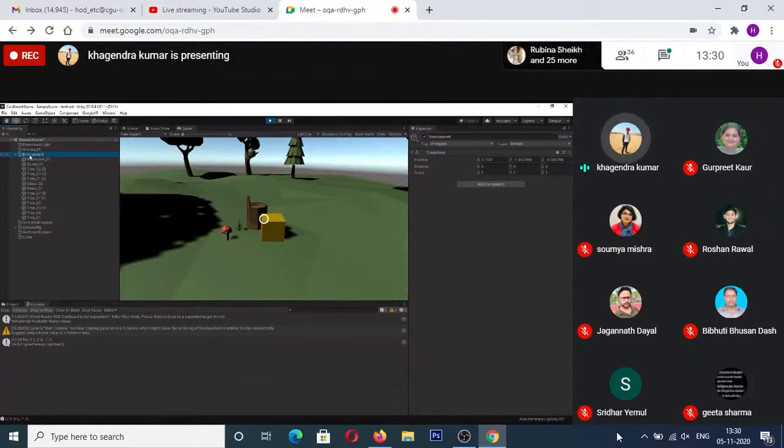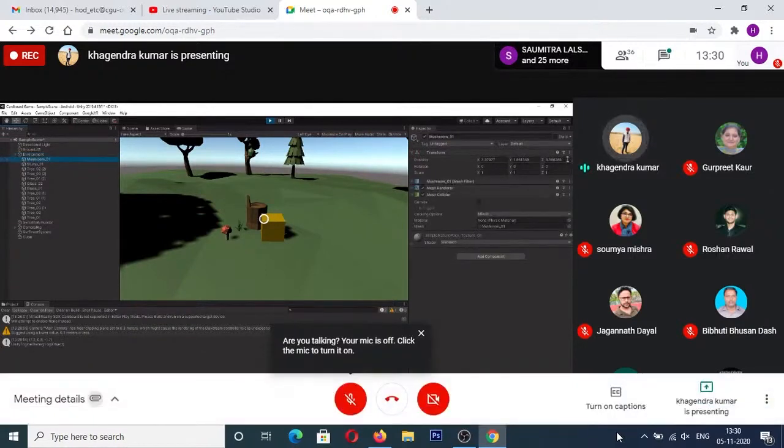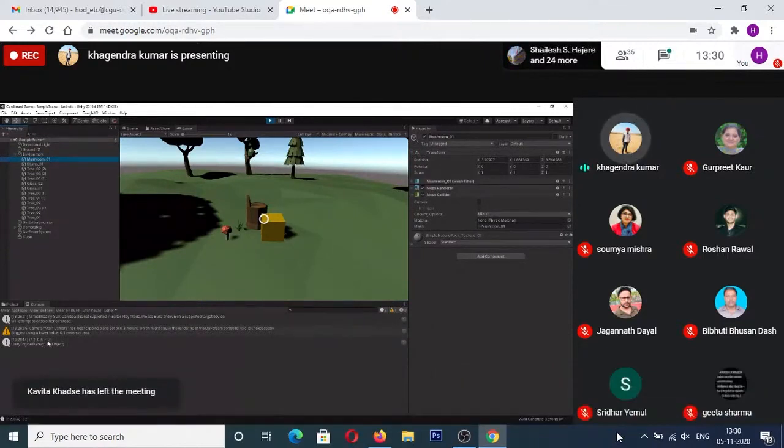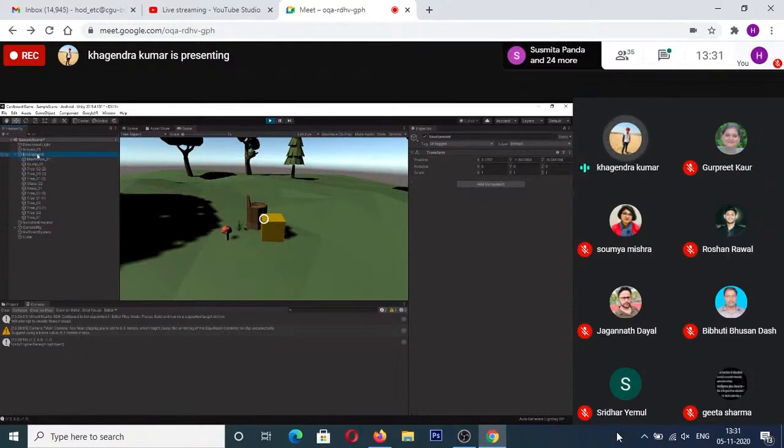And since it is inside the environment, if you add all these values, you're going to get a similar value. So 3.9 plus 3.1 exactly will give you all these added values, which will give you 7.2, 0.6 and 1.7. This is the exact value for this mushroom component onto the global scale. Now there are two types of scale, local scale and global scale, where if you have a parent and a child relationship, the child is moving according to the global scale of the parent. So wherever the environment is, from that point it is calculating the origin. That is why the location is different for mushroom and the environment location is again different. If you put it at 0, then the location for this will change.